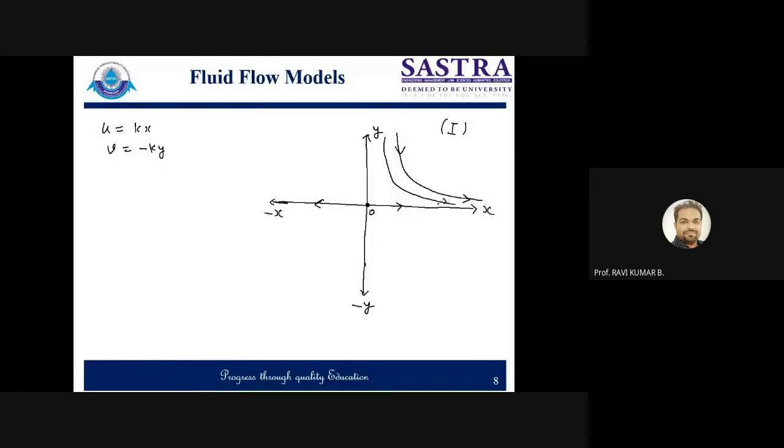So this kind of curve we will be getting if you keep on drawing for different values of coordinates. So you can say 1, 2, 3, like that. You can say plus 1. This is the value of the constant. Plus 1, plus 2, and plus 3, like that. These are the constants.